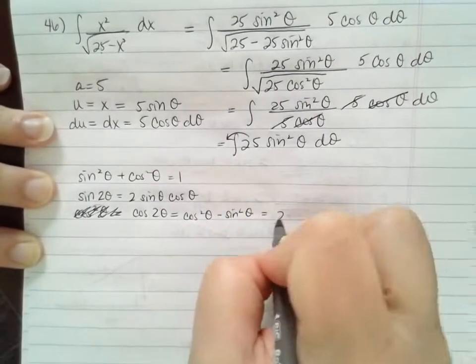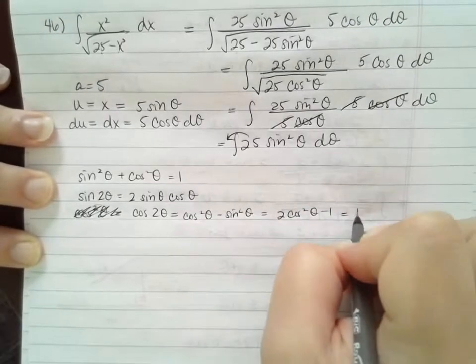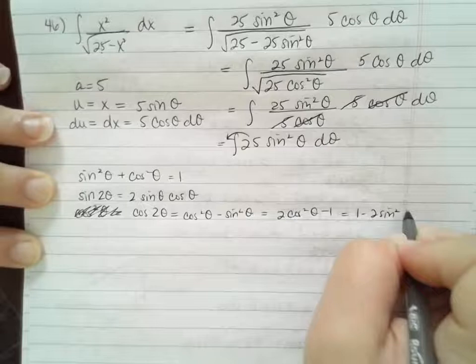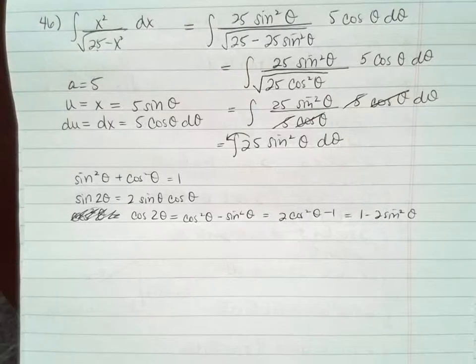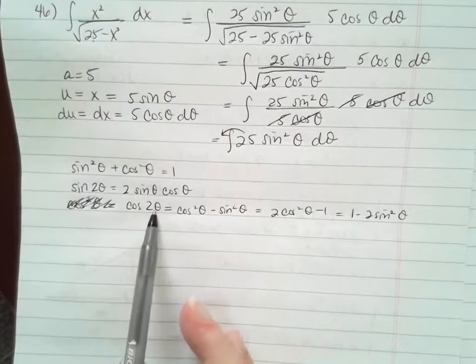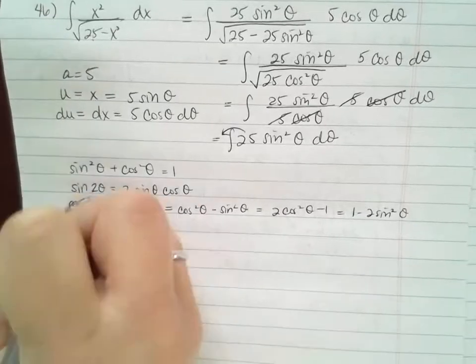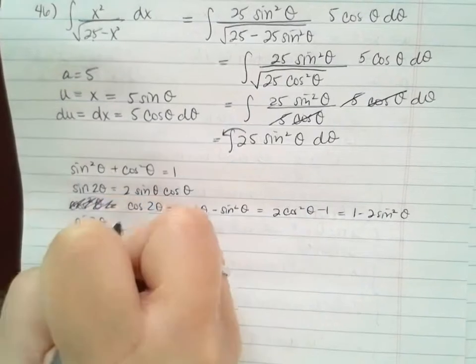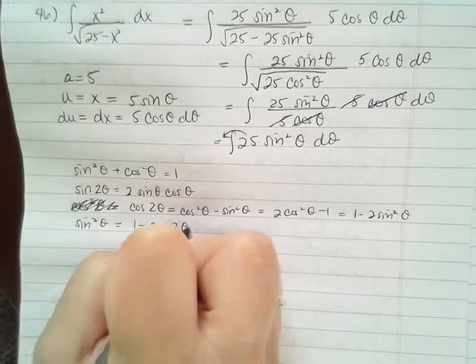It's equal to 2 cosine squared theta minus 1, and it's equal to 1 minus 2 sine squared theta. And then if you look further, we're not in a situation where we have a double angle, so neither of these is going to be helpful. But if you look further on this perforated sheet, again, I will include these with you, there is another way to write sine squared, which is 1 minus cosine 2 theta